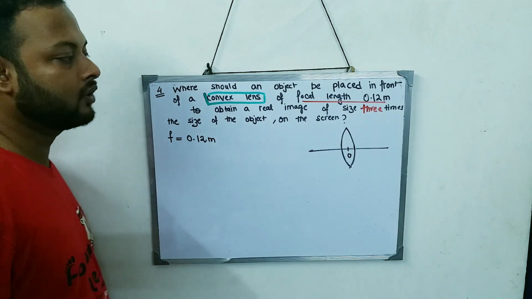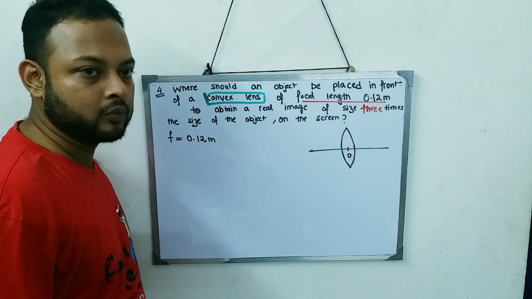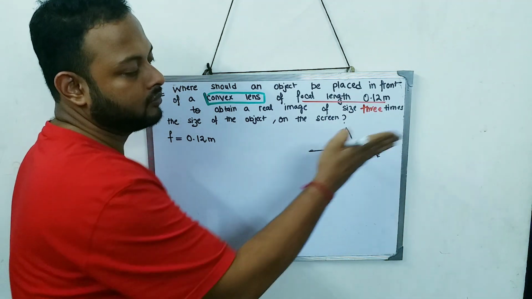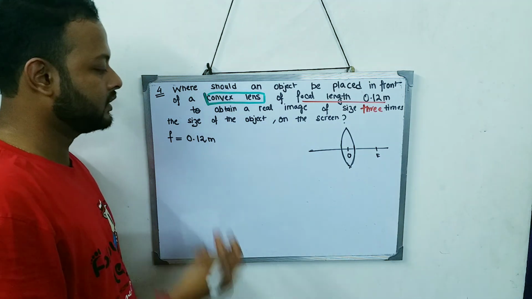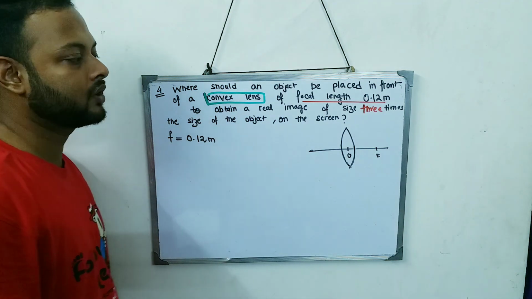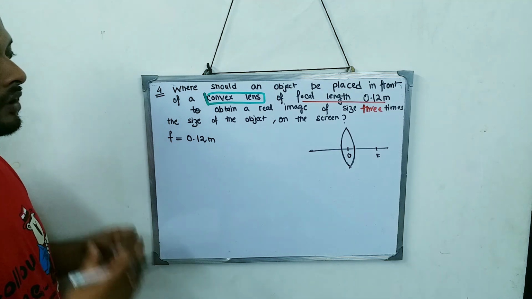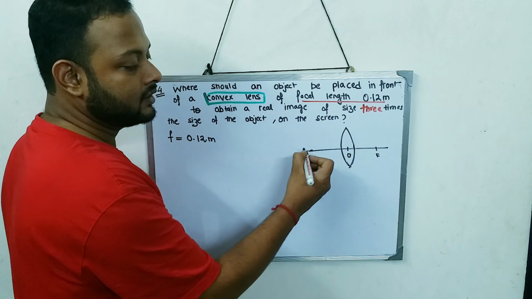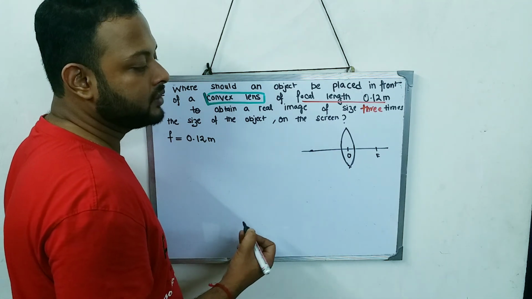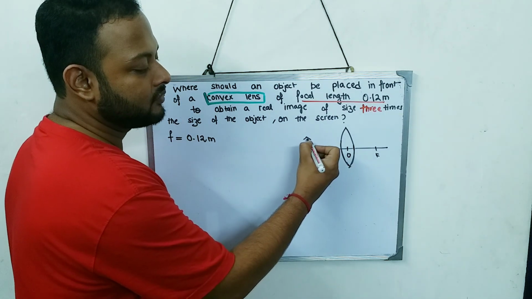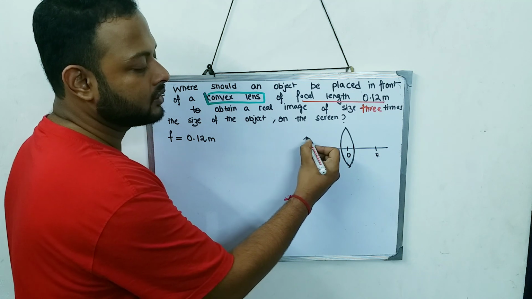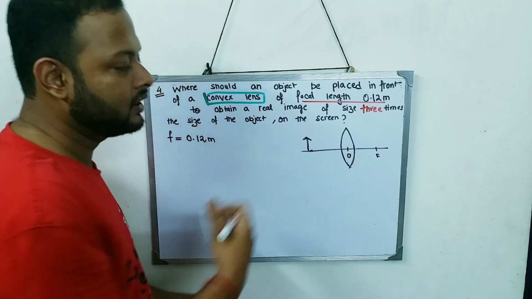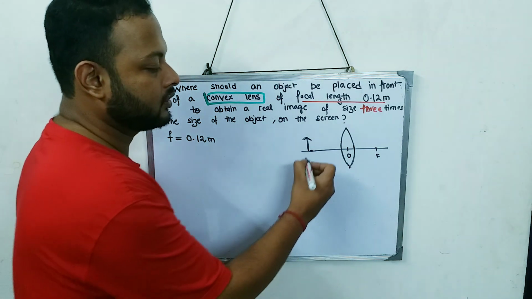Now focal length for a convex lens is what, positive or negative? We know that it is always positive because the focus is over here and we measure it along the direction of the incident ray. So focal length is 0.12 meter as positive. Now very important, in a convex lens, where is the object placed? The object is always placed on the left hand side. That is no exception, for concave or convex or whatever lens you are taking.